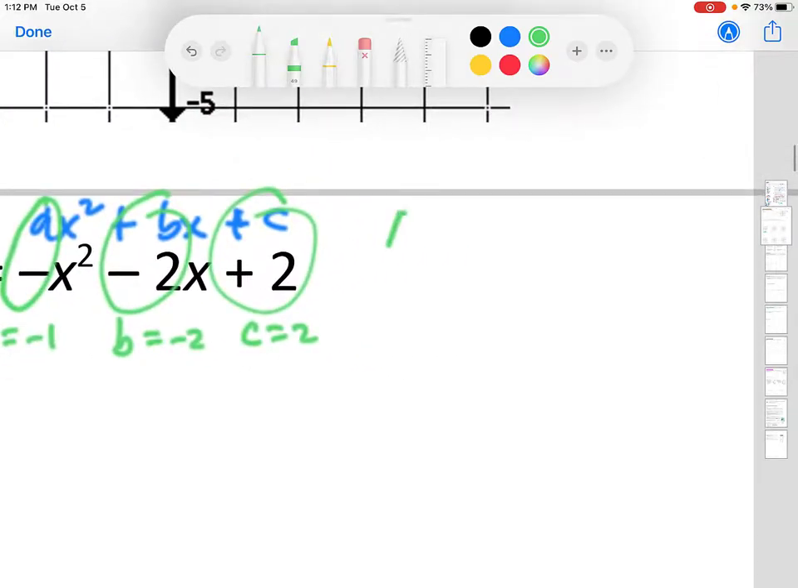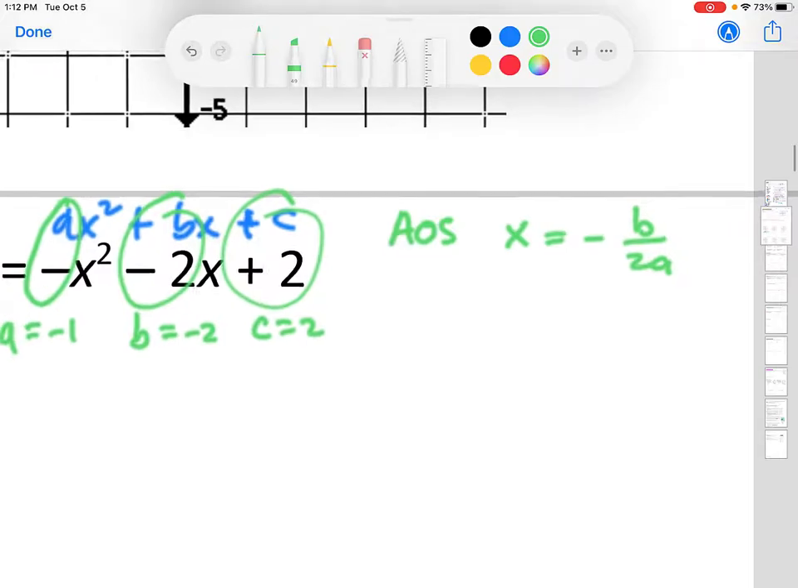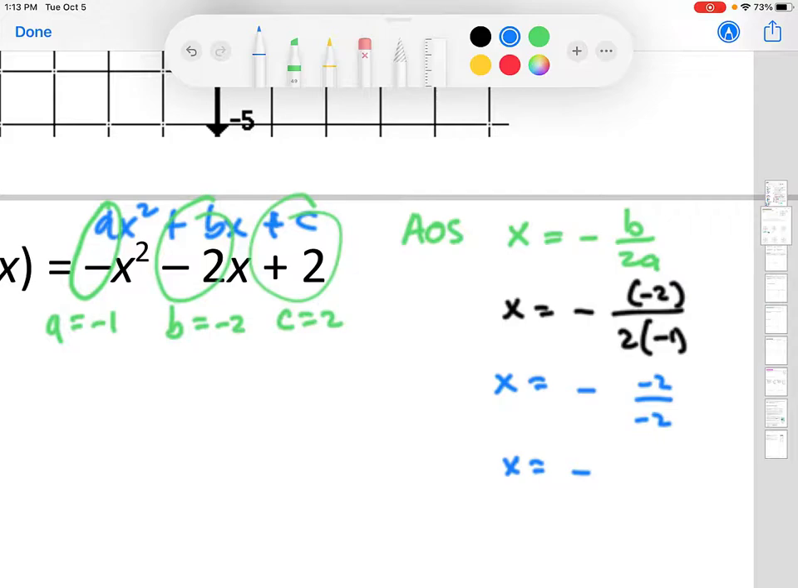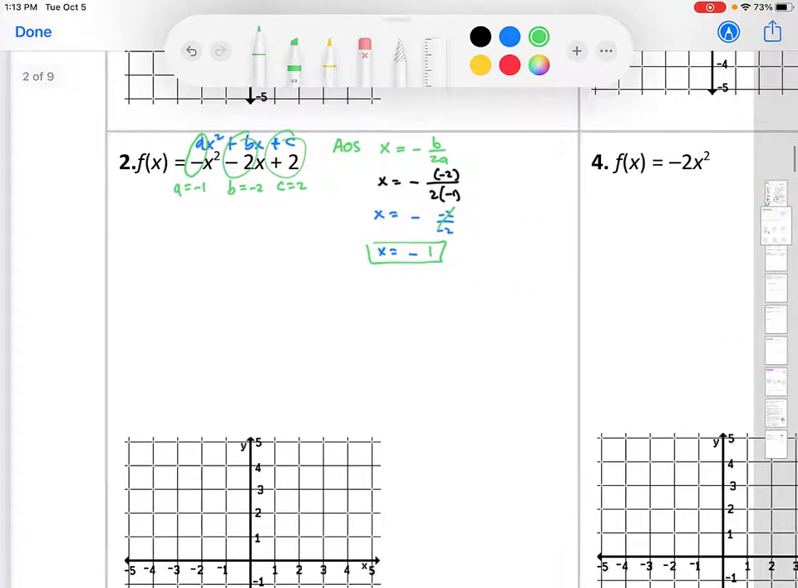My axis of symmetry formula: x equals negative b all over 2a. All right, let's just put that in there. I like my negative sign on the same line with the fraction and then vertically. So negative 2 over 2 times your a value, which is negative 1. So this becomes negative 2 over negative 2, and that equals just 1. So x equals negative 1. Okay, that means when I create my table,